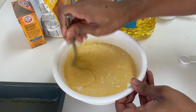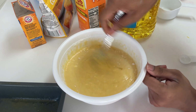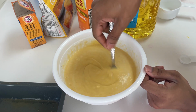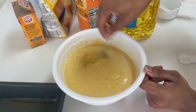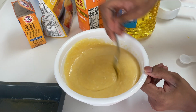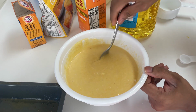You heard that beep, the oven is already done. And I'm not even done mixing, so that is exactly what you want. Because it's so annoying when you mix everything together and you can't wait to be done with it, and then you're like, oh crap, I forgot to preheat the oven. So this is almost done. I'm gonna just give it a few more swirls,